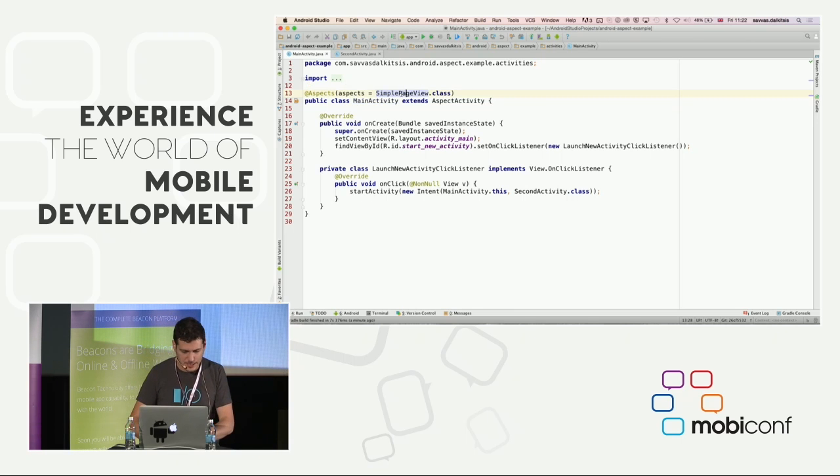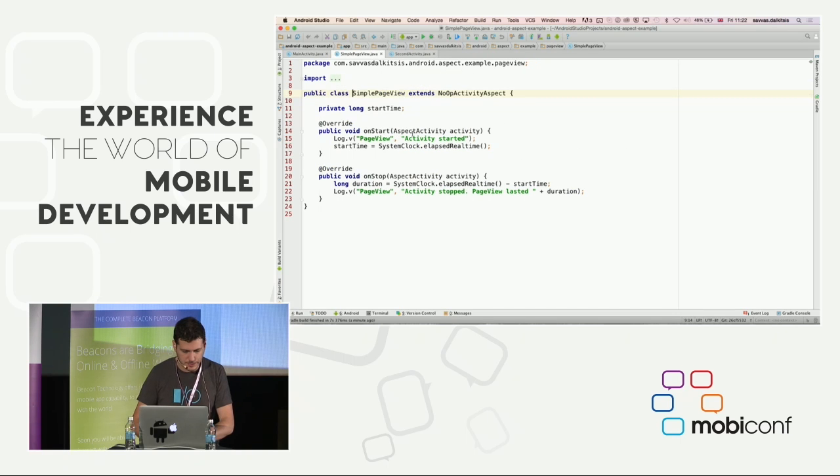So this aspect is very simple. If I open it, you'll see that basically I'm getting the same callbacks as an activity does. Here I've already overridden the onStart and onStop. They're slightly different, as in you get the activity passed to you as a parameter, because remember, you're no longer extending from that activity. This, by the way, is the thing that solves the diamond problem, because you don't have access to private members of that activity, and protected, sorry.